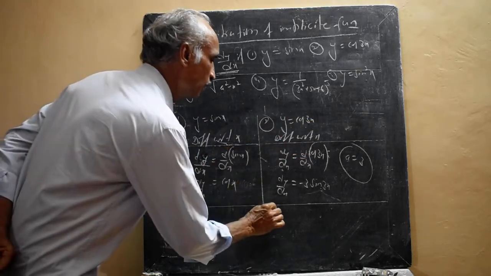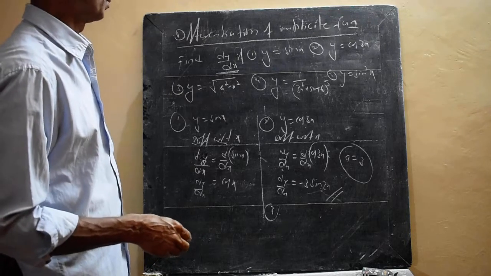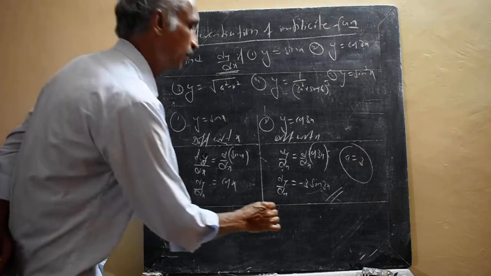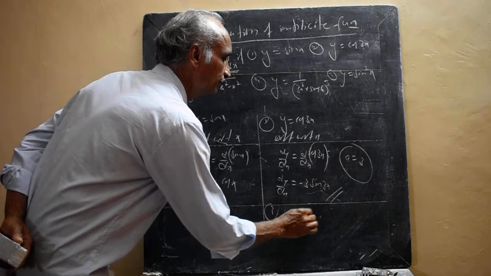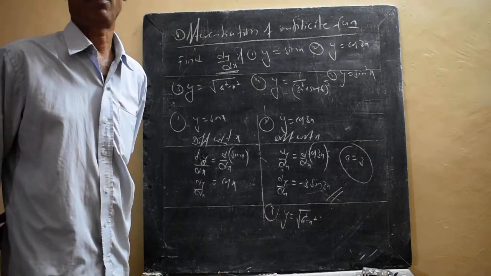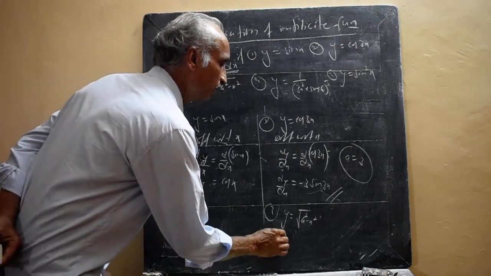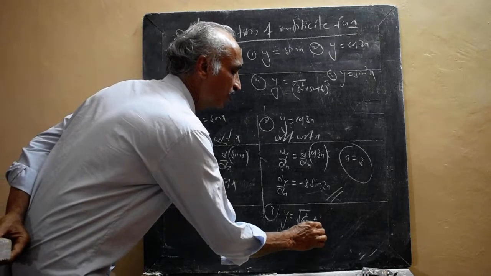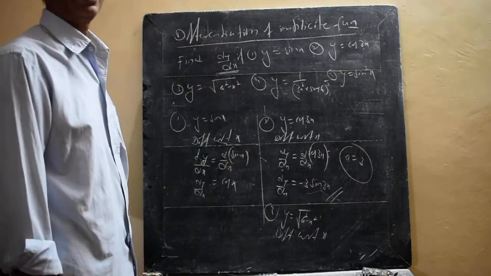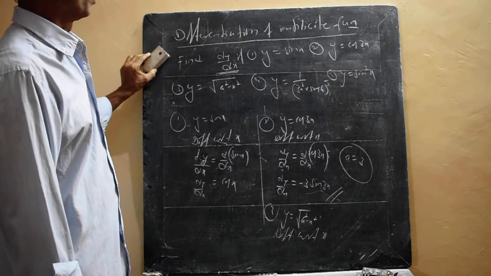Third one, look at the dy by dx for the second problem. The third problem is y is equals to root of a square minus x square. Now it is in which form? Root f of x, a composite function, root f of x. But before that, write the statement: differentiating with respect to x means you have to take d by dx on both sides. Therefore, dy by dx